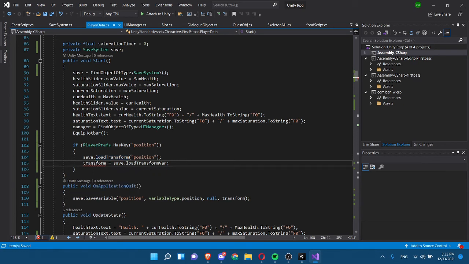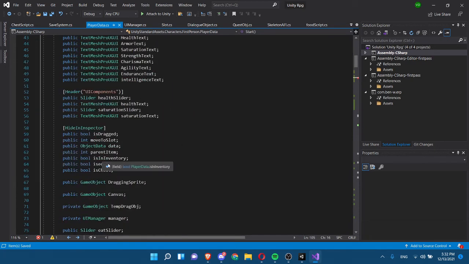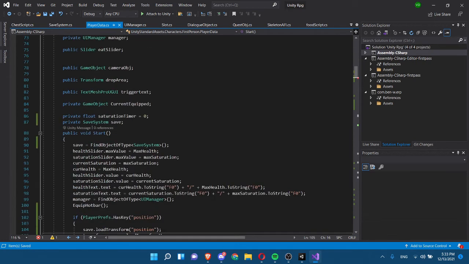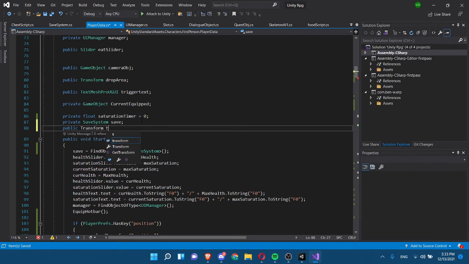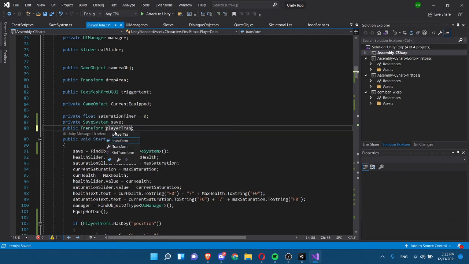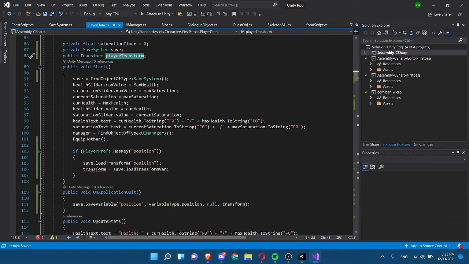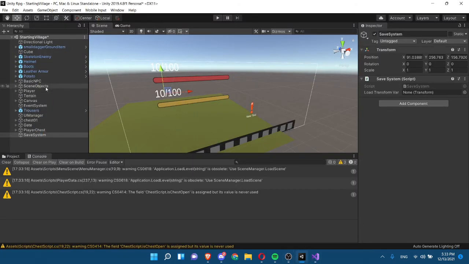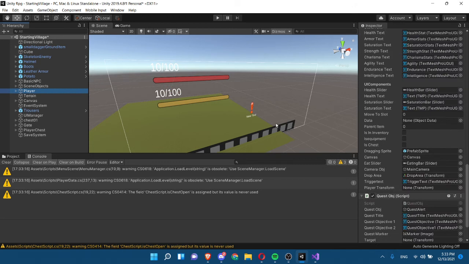Cannot be assigned to, it is read only. Why is that? Let me find out. This usually shouldn't be. Let's create a public transform, player transform, and we can just set player transform to be equal to save.load var, load from var transform. And now if we go into our player, we can just drag it in as its own transform, and then